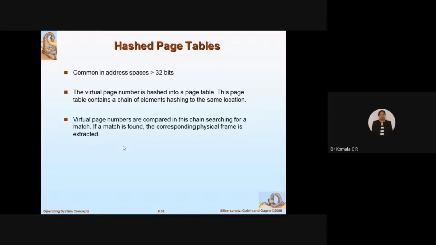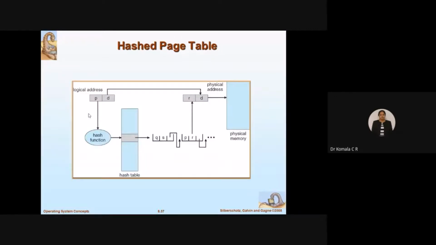Otherwise, what can we do? Let us see. So here, this is the same concept, the logical address. I have the page number as well as the offset. Here I am not taking it directly to the page table. Instead I am going to generate a table called a hash table. I have a function called the hash function where you will transfer this page number. In this page number, for example, you have elements like P, Q, S and so on. You can go for greater than 32, more than 32 bits you can take.